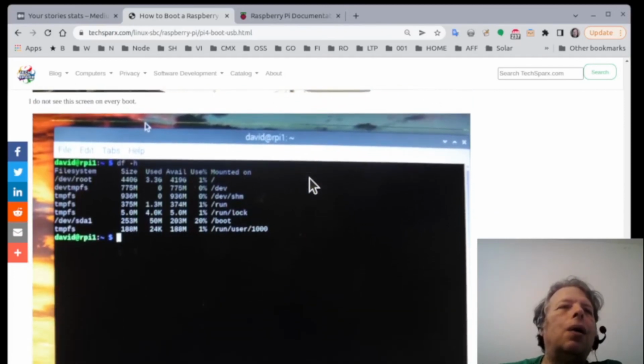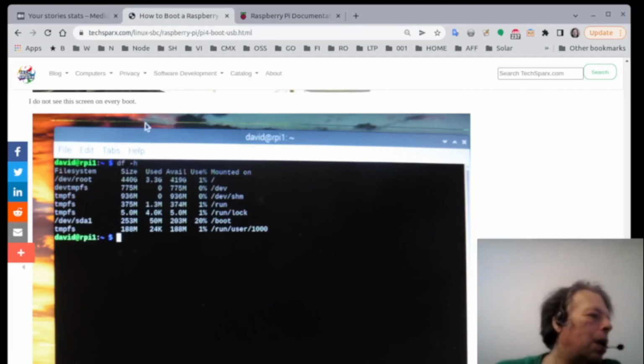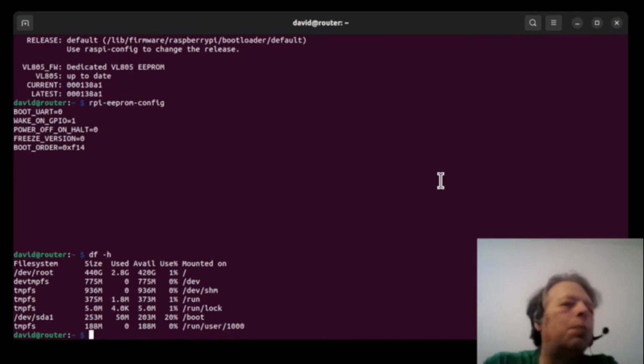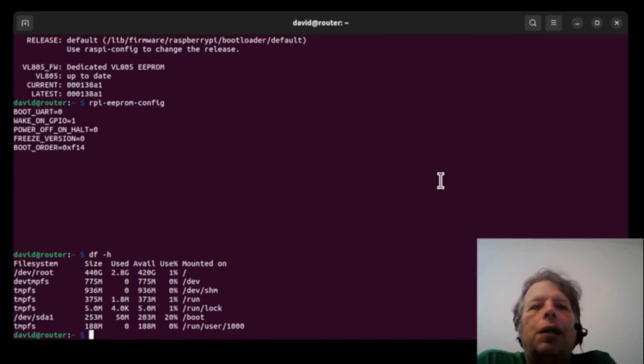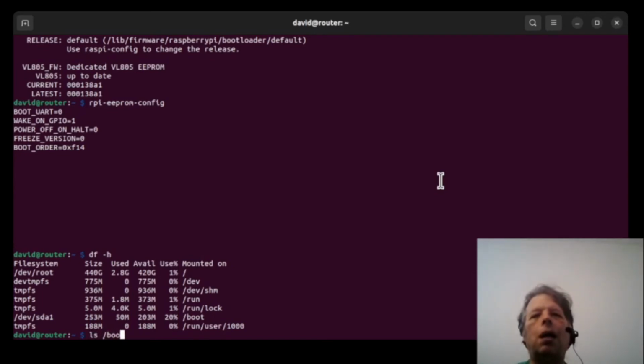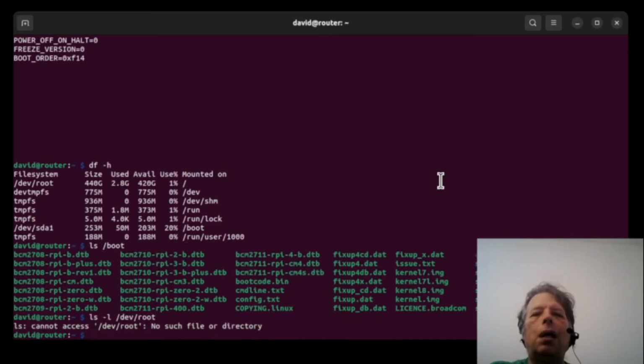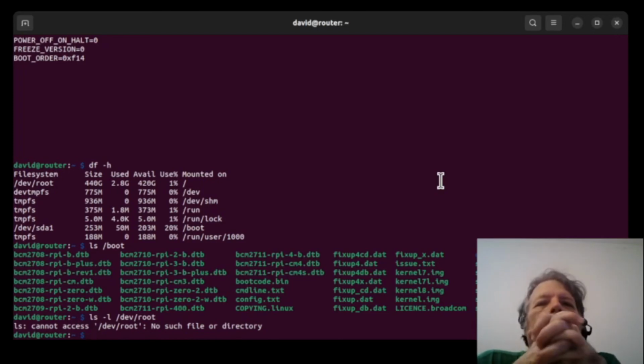And then once you have it booted, okay, if I do that, same command, df -h. Okay, so what this means is /dev/sda1 is the /boot partition. And so that's all the Raspberry Pi boot up stuff. You normally don't look in that directory. The dev root is normally where you're looking. Okay, so for some reason that doesn't exist. I don't know. Anyway, I was hoping that was a symbolic link, but dev root is actually